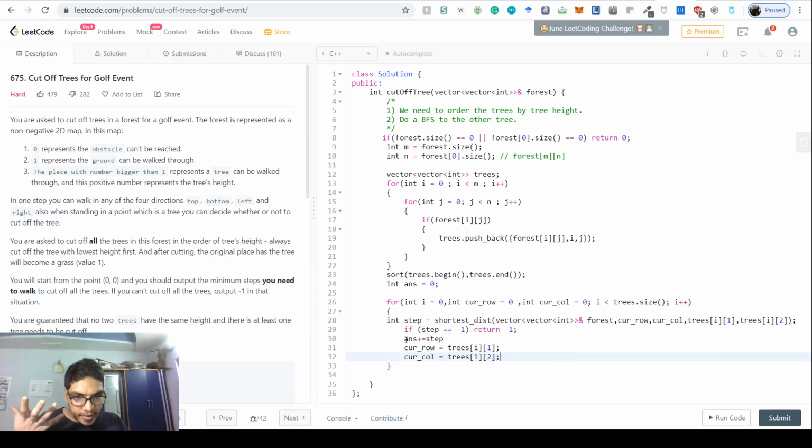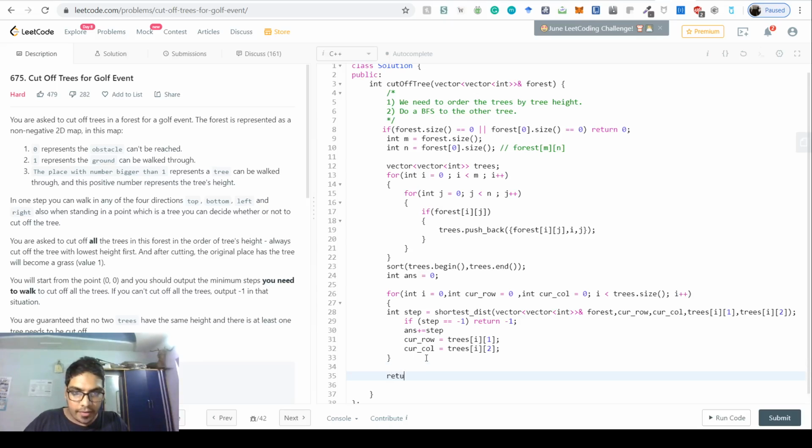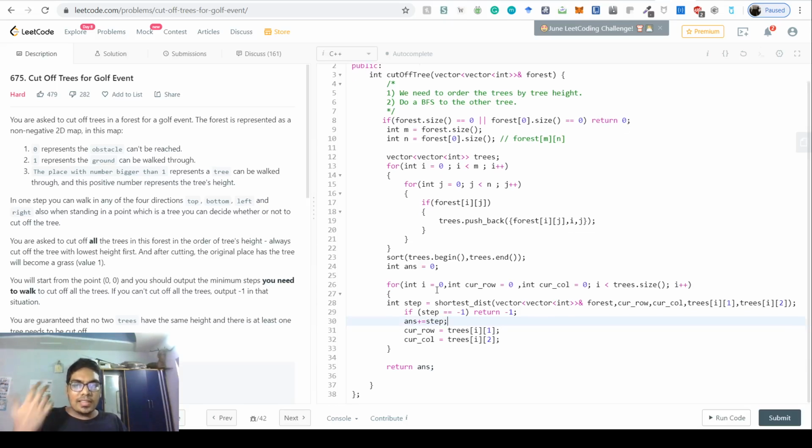And then in the next loop, we'll have another tree, and another tree. After everything is over, we have the answer, which will have all the steps, right? So don't forget the semicolons. So this is the entire logic.